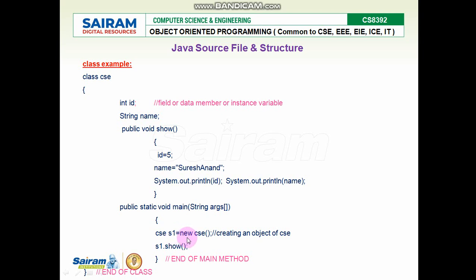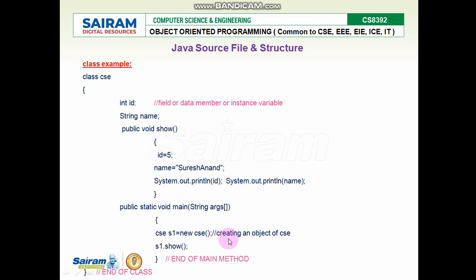The new keyword is for instantiation, and the CSE constructor is for initializing the values and variables. The s1 object will be created. Thereafter, I'm calling s1.show. This is the main method function definition. After that, end of the class. This is how a class is defined with a collection of variables, one normal method, one main method, end of the class.